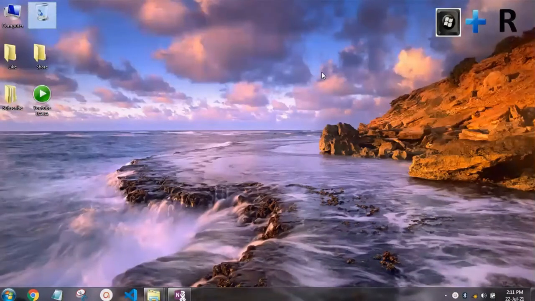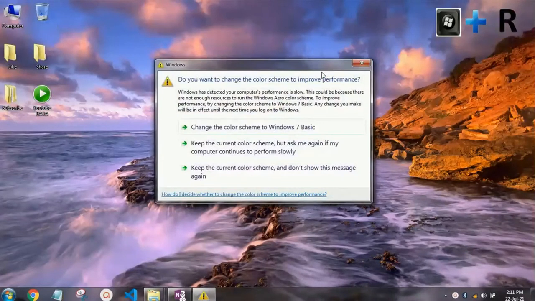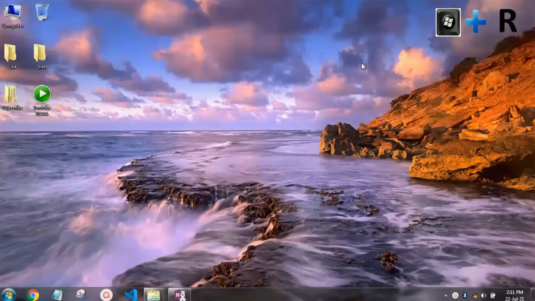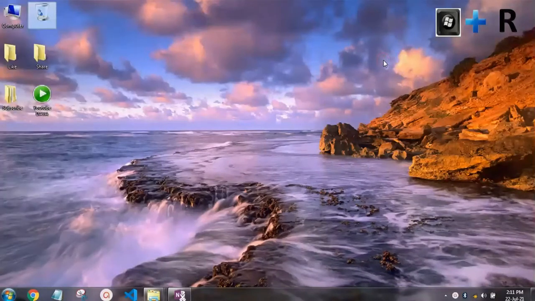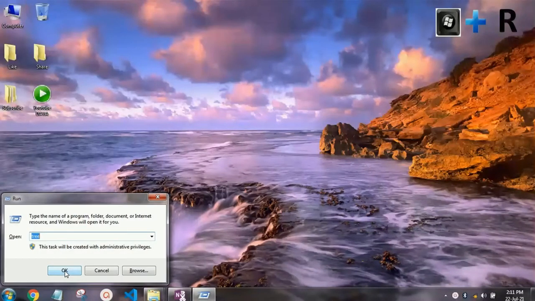Now let's move to shortcut key number 9, which is Windows R. Windows R is for Run. If you want to open Run, you would go to the Windows button and then type, which takes a long process. So you can directly press Windows R. Your Run command will automatically open and you can search whatever you want to do.